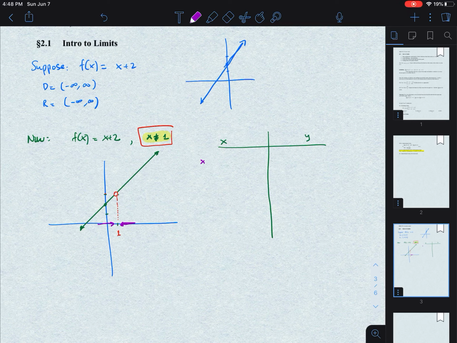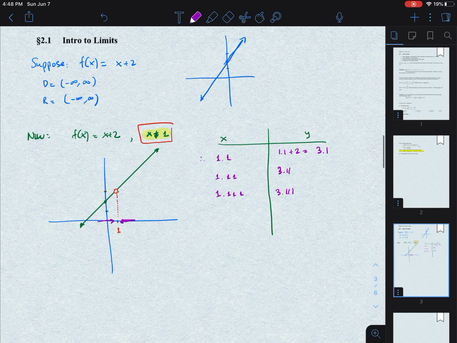So let's say x is equal to 1.1, for example, and then 1.11, 1.111. So a little bit closer, right? If x is 1.1, then y is 1.1 plus 2, so it's 3.1. Here it's 3.11,